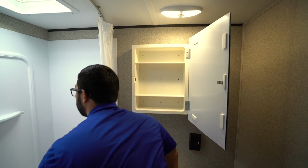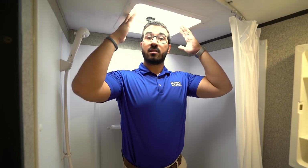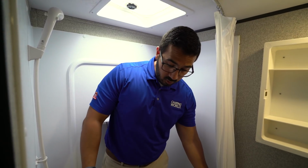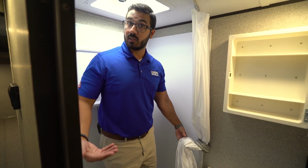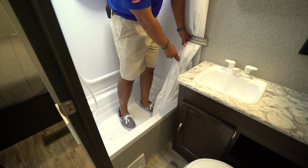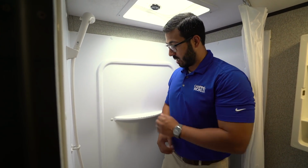Over to the side is the tub shower. I'll stand in here for you. I'm about 6 foot to give you an idea. I do need to be up in the vent in order to prevent hitting my head. So if you're taller than 6 foot, you probably are going to have to duck down to effectively take a shower. But the thing I do like about the tub, one, if you have little ones, you can give them a bath. And two, because the tub wall comes up higher than your shower, you have a much better chance of your shower curtain staying in, so you're not going to make a mess, have a bunch of water all over the floor. You also have the hand wand here to wash up nice and easy, and the shelf for